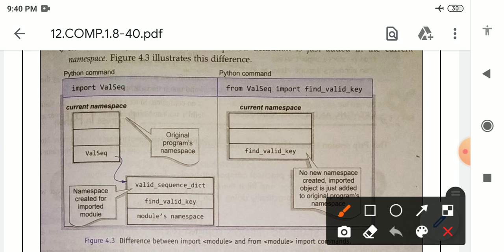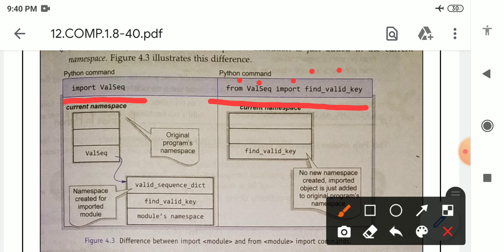See here, import valseq, meaning sequence; here we are using the import statement. In the second case, with from, we select one or two objects from the module. So we write from the name of the module, valseq, after that import find valid key.